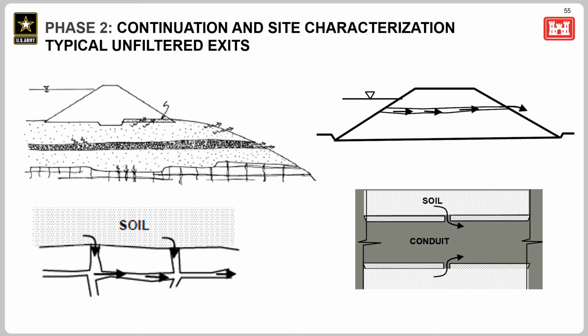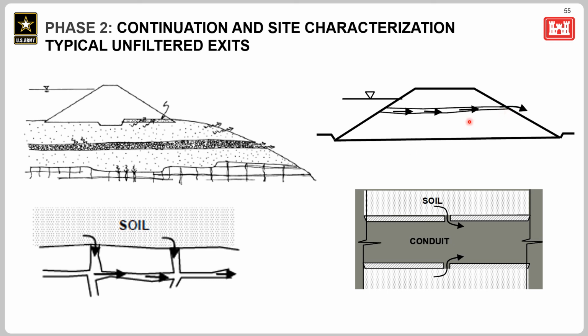So here we show some typical unfiltered exit locations in these graphics, but these don't represent an exhaustive collection of where unfiltered exits can occur. The figure at the upper left shows internal erosion through the foundation occurring into a foundation drainage blanket that doesn't necessarily meet filter criteria and exiting to a free face, or alternatively into a coarser layer that also does not meet filter criteria. The figure at the upper right shows internal erosion through a homogeneous embankment and exiting out of